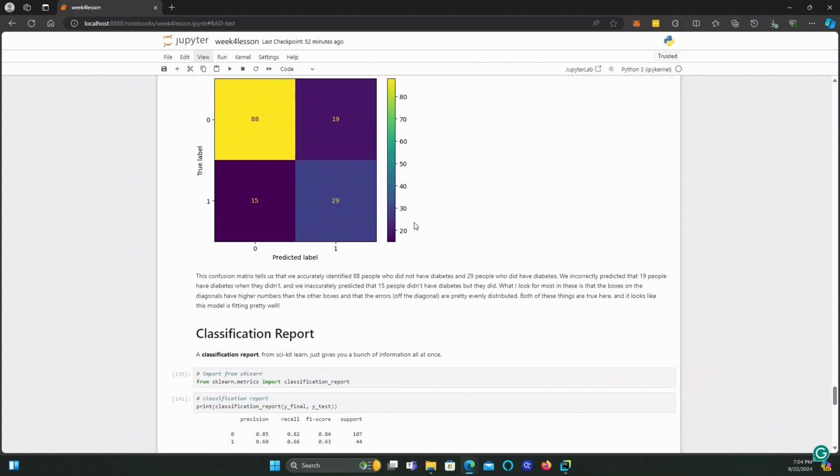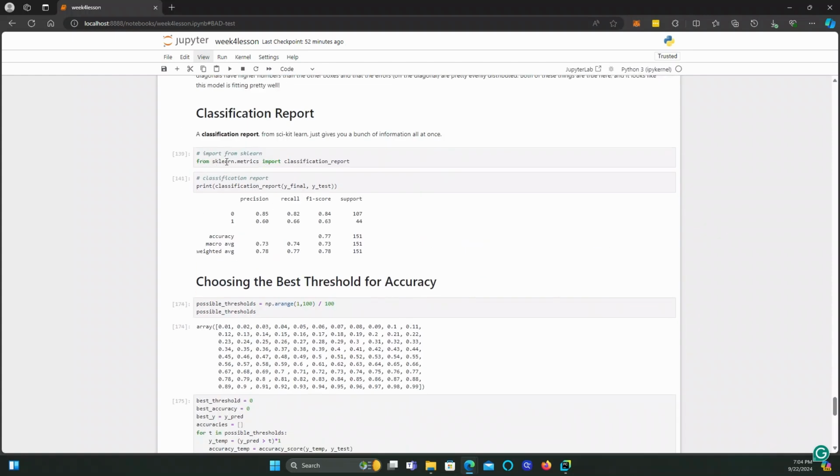Lastly, a classification report. That's from sklearn.metrics, import classification_report. That just gives you a lot of information all at once. We can see the precision here at 0.6, the recall at 0.66. F1 score is like if you can't decide